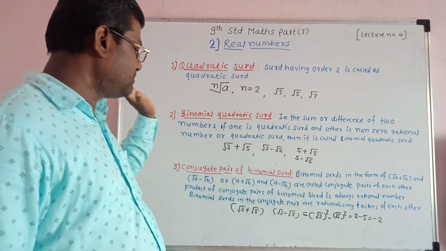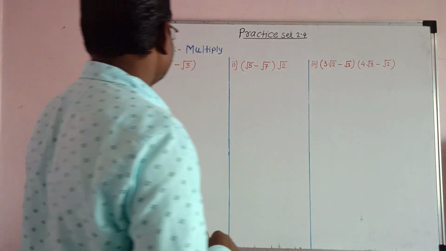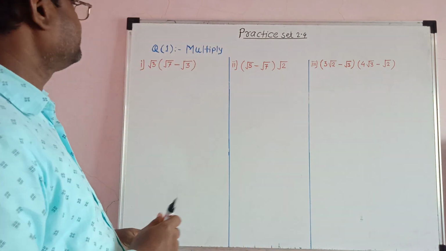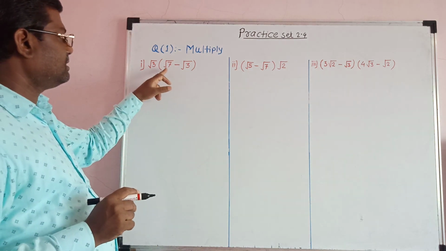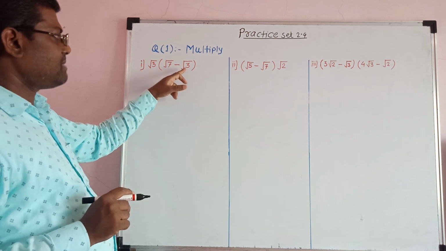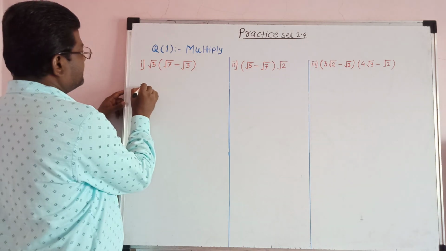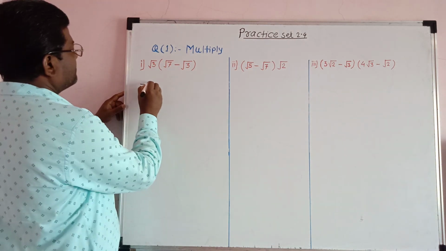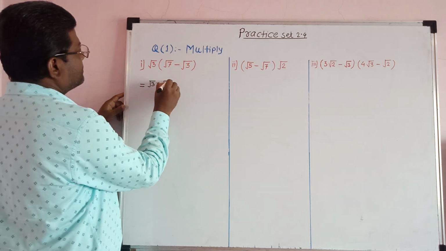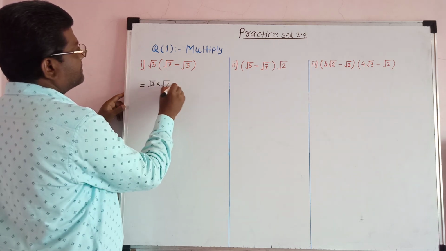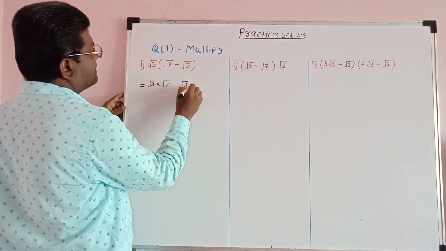Practice set 2.4, question number 1, multiply. Example number 1 is root 3 in bracket root 7 minus root 3. Let us solve this example. Now multiply by root 3: in bracket, root 3 into root 7, then this minus sign, then root 3 into root 3